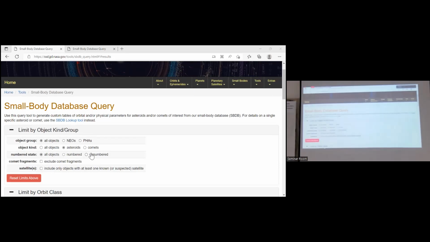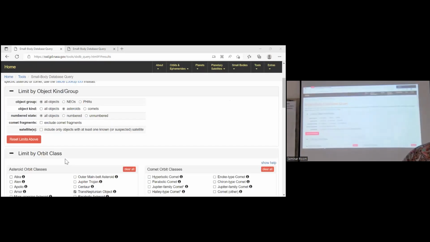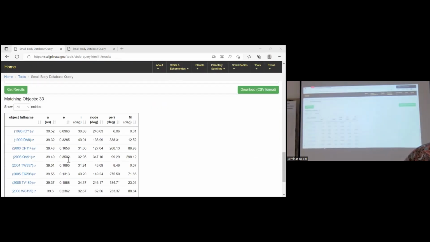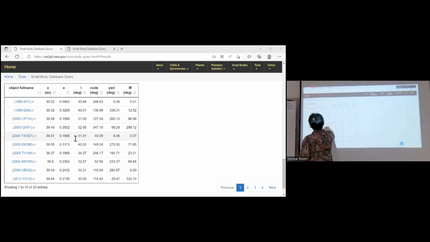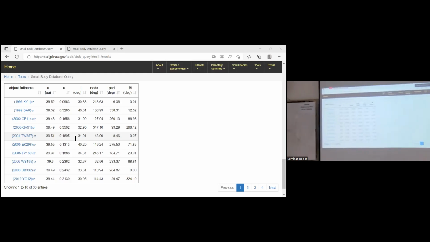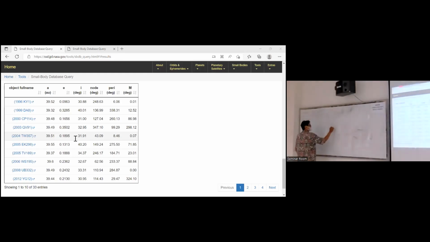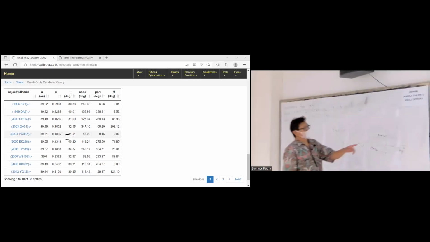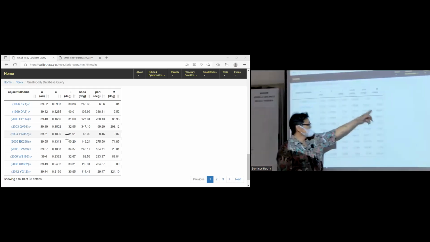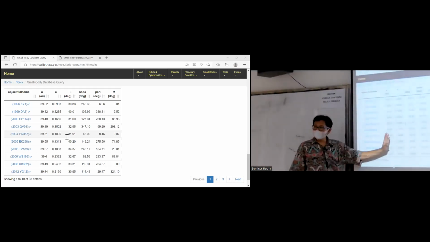It is very important. You should know one entry beside these 6 plus name: the epoch. The orbital elements, these orbital elements are calculated at what time?